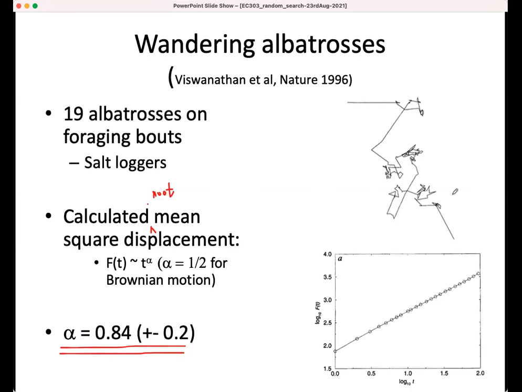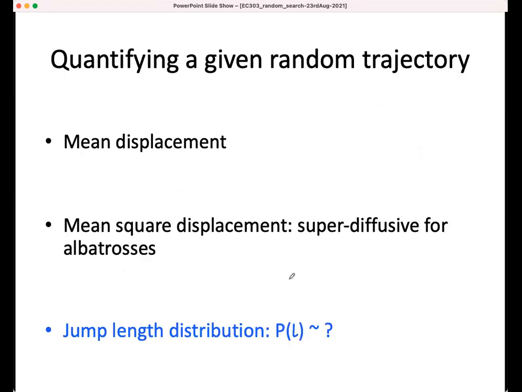As I mentioned, they didn't have the exact locations because they didn't have GPS loggers like what we have today. They used a different method, and I'm not sure you know all the necessary mathematics to understand how they get this. Now what they also do is look at the jump length distribution. How do they look at jump length distribution? It was based on the